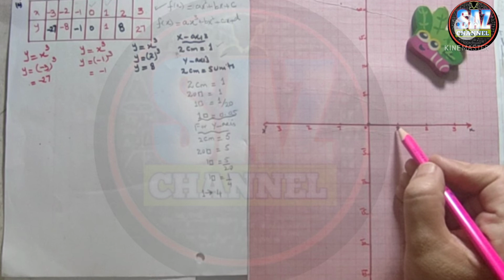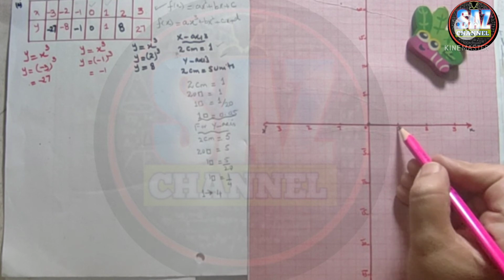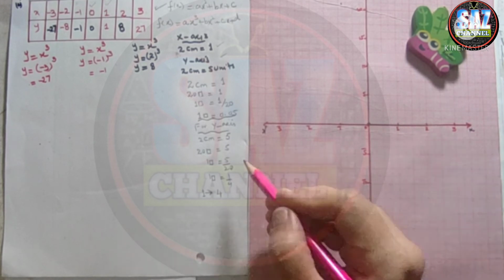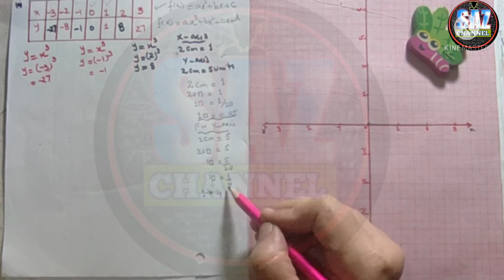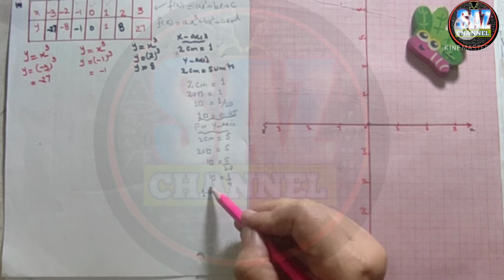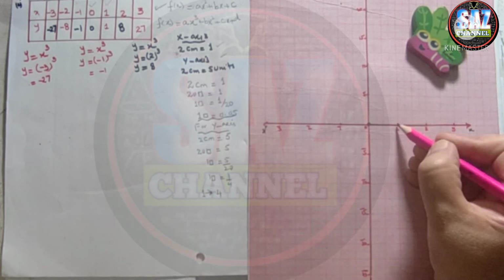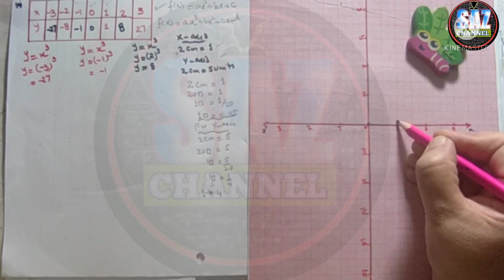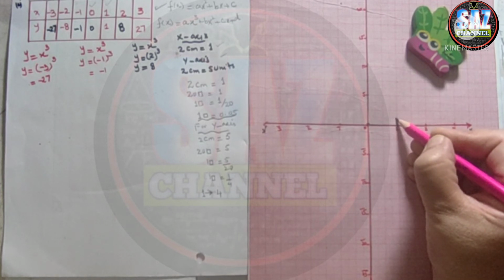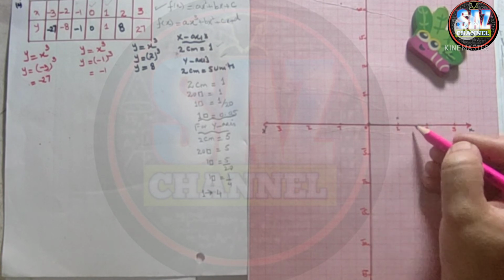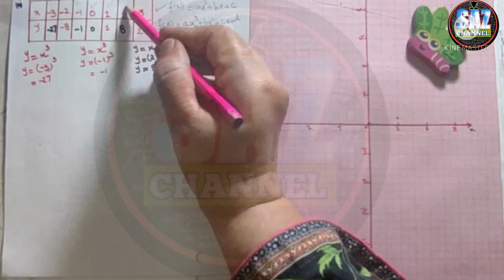But I have to locate 1 on the y-axis as well. We just discussed that on the y-axis, 1 small block has a value 1 by 4, that is 0.25. So in order to get 1 on the y-axis, I have to move how many units? 1, 2, 3 and 4 units up, and I have to put a cross or dot over here. For 2 it's 8.